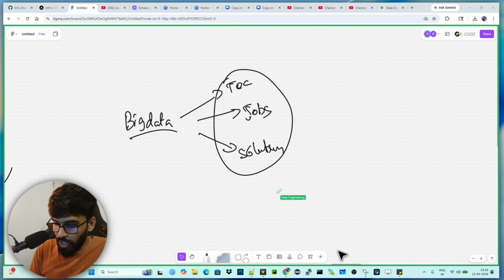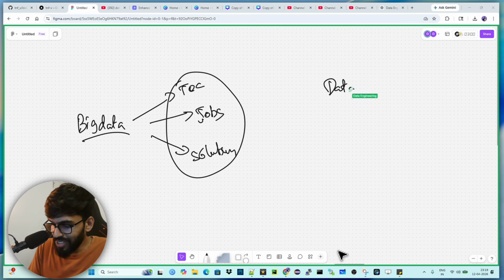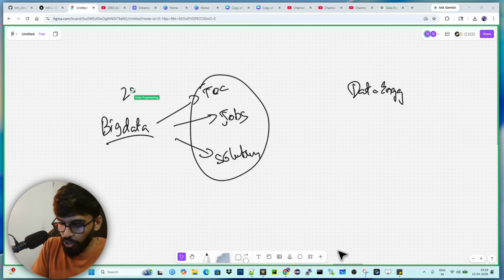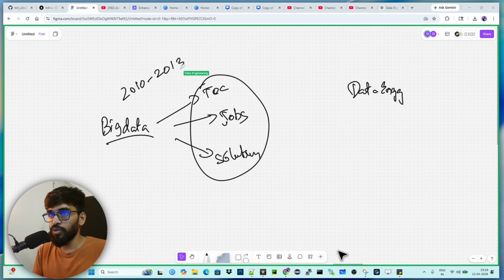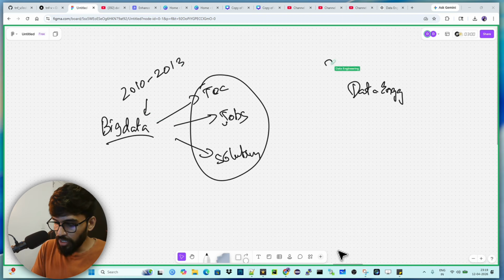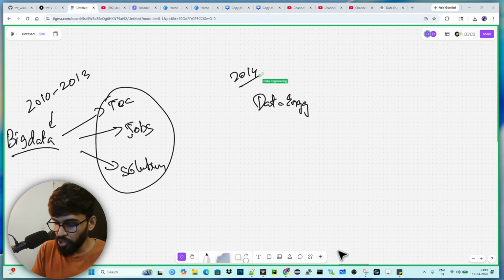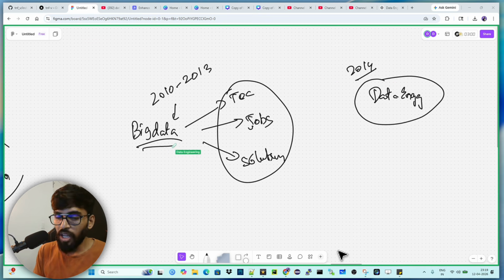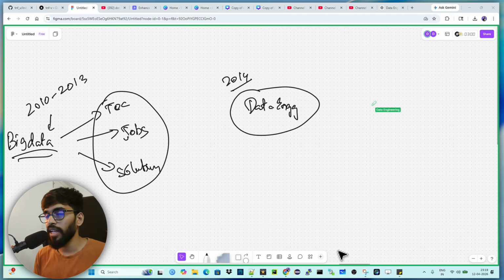Now let's come to the important point: what is data engineering then? People say big data and data engineering, so what's exactly the difference between these two? From 2010 to roughly 2013 or 2014, people used to call it big data. Later, they started creating a new terminology, data engineering, and a new market called data engineering, and the roles got created as data engineers. Previously we had big data engineering roles in companies and recruitment went with that role, but now it's all about data engineering.